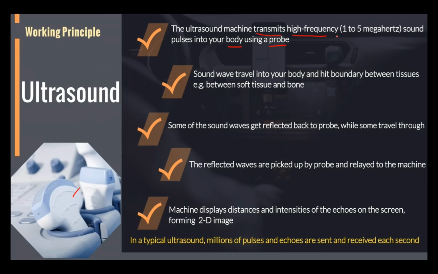For example, if you want to image the kidney, you place the transducer on the kidney. If you are a service engineer and go to a hospital, you will see the ultrasound has a screen. It will give how much intensity of sound needs to be transmitted, 2 megahertz, 3 megahertz, we can choose, and how much duration, for example 2 minutes, 3 minutes. Once they turn on the machine, it will start sending signals and receiving signals. It keeps transmitting and keeps receiving.